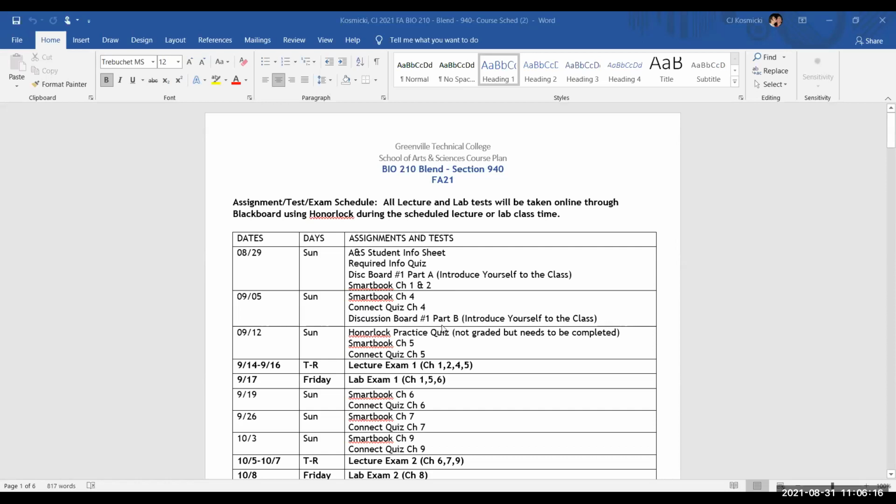And then the second part of the discussion board, part B, introduce yourself, where you have to respond to at least 2 of your classmates' introduce yourself to the class discussion board posts. Okay, so you're going to find 2 of your classmates and answer with a couple of sentences, please, so we can see that there's some dialogue and some interaction going on. Okay, that being said, let's get back into